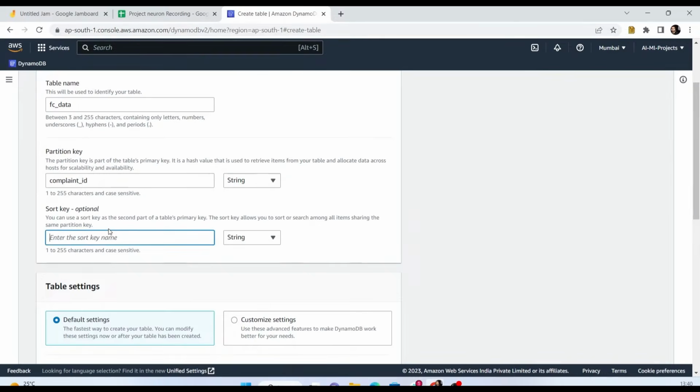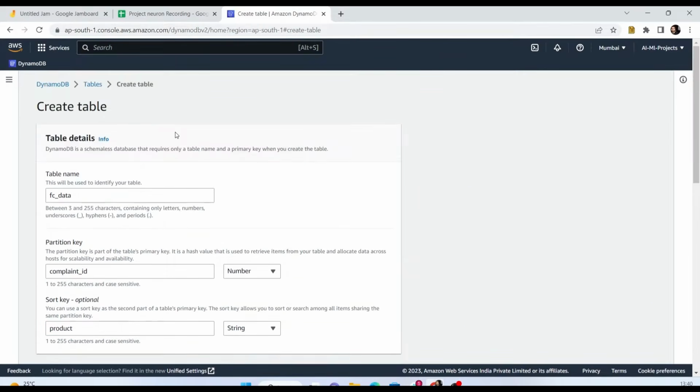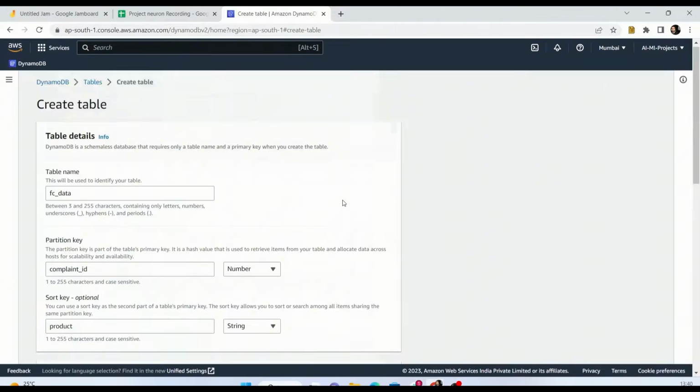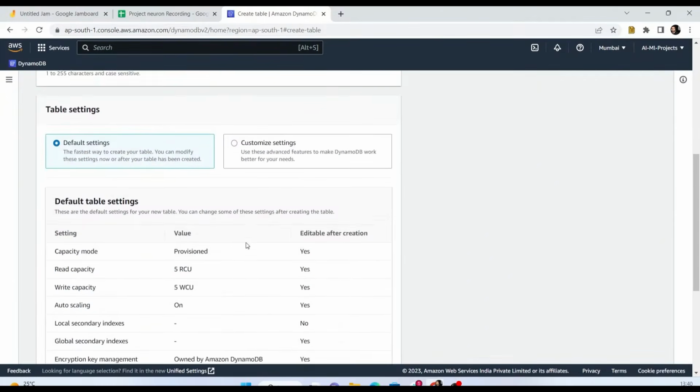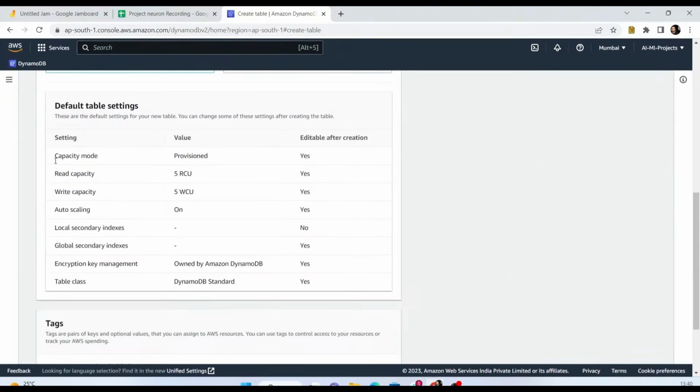Then it is going to ask for the sort key. Every complaint is regarding some product, so we'll sort by product. But the complaint ID is a numeric field, so we'll choose number. So this is the information we have to fill in for DynamoDB tables. All this information has been set properly. Now by